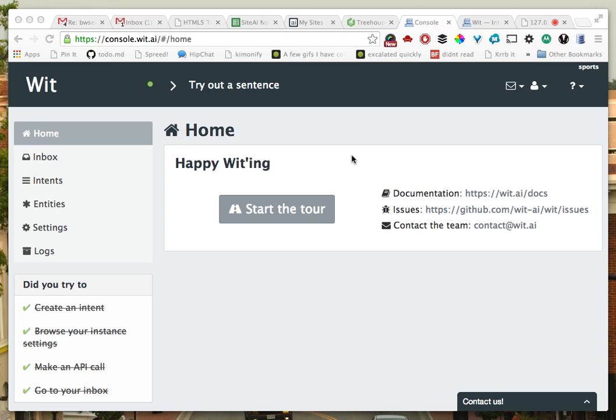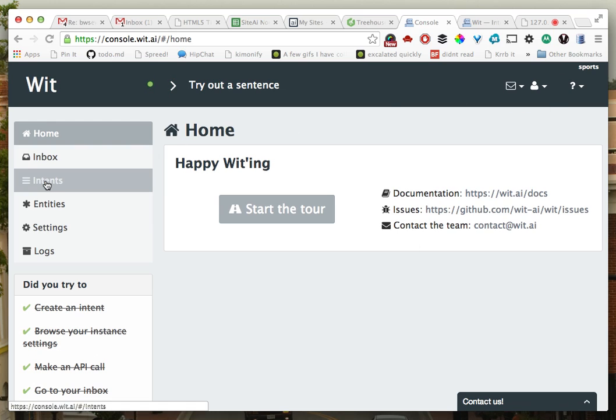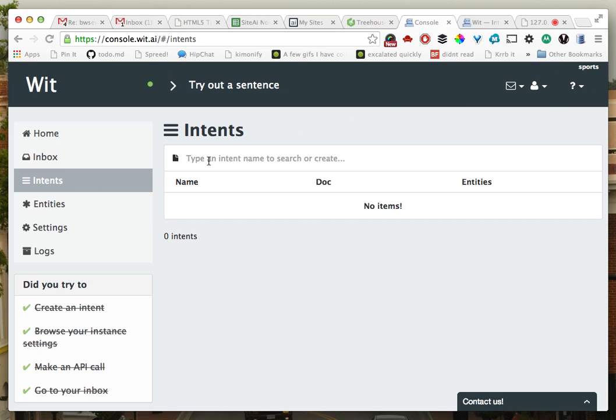You can ask Siri, what was the score of the Boston game? Well, this will be one of the ways to do it. So I'm going to actually start off here with a blank slate. I got a brand new instance. I'm going to go to my intents list, and I don't have any intents. And intents are these actions that you're